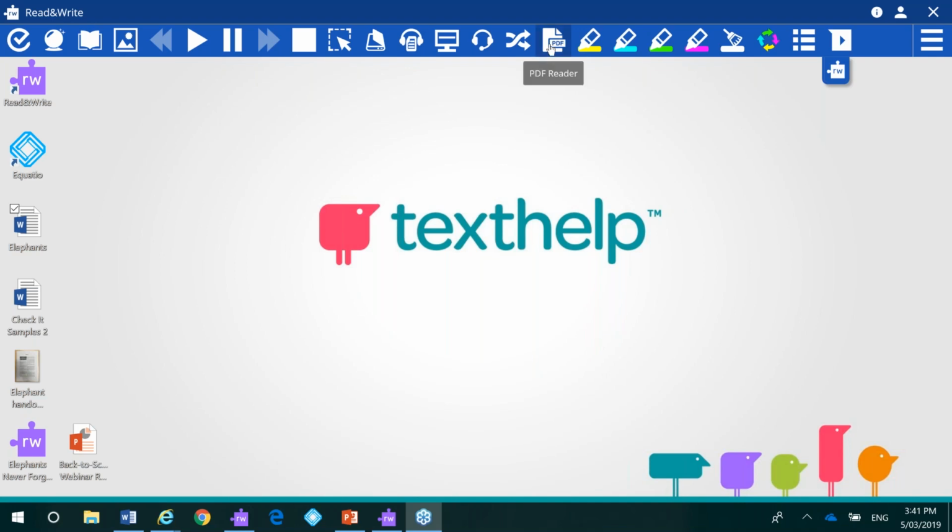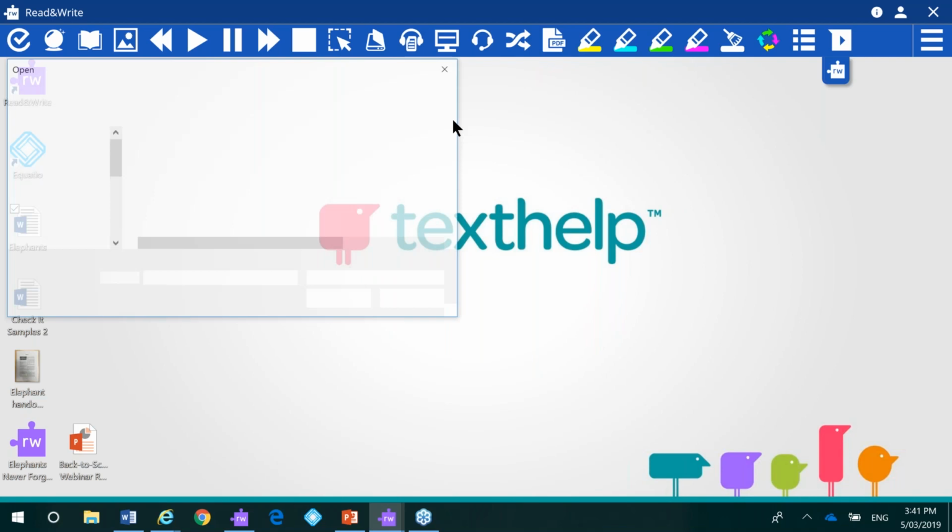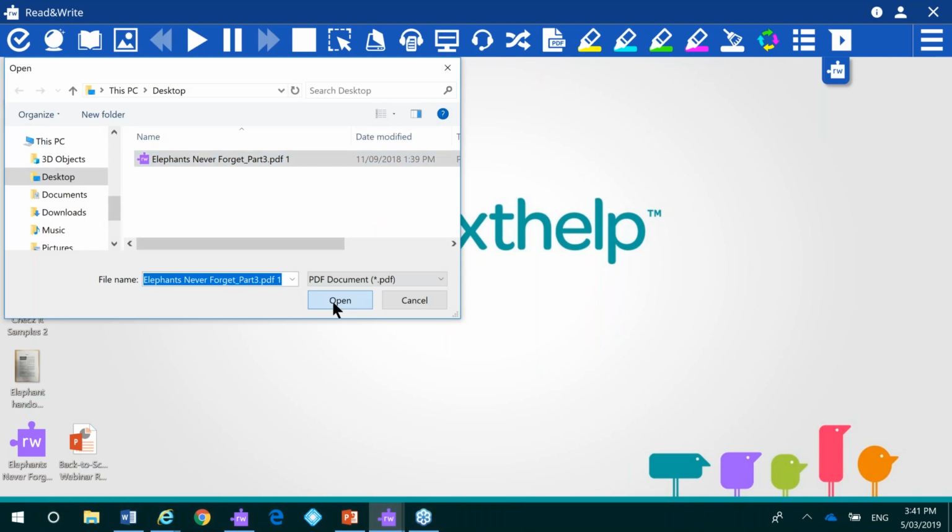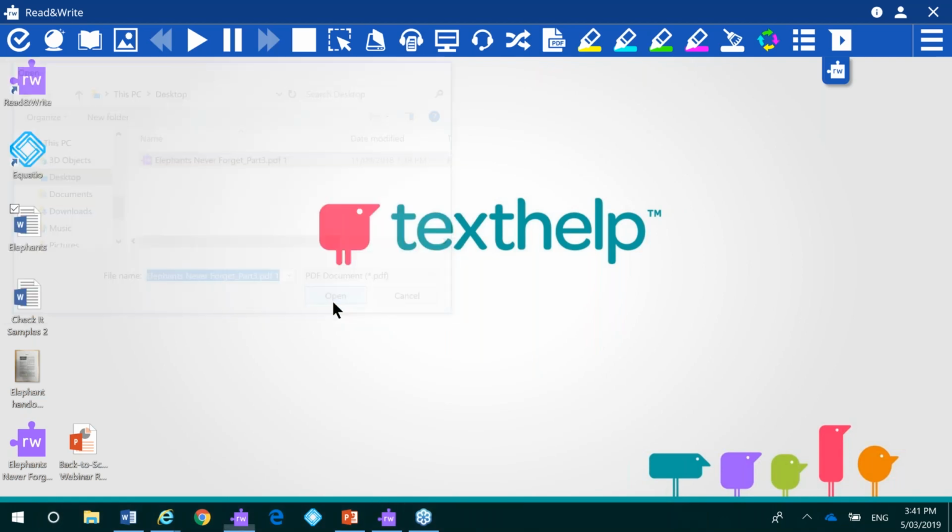So if I were to read a PDF, Read and Write now comes with its own PDF reader. The newer version. Sorry, not you older users, people who have used an older version of Read and Write. You might remember in the days you had to have a third-party PDF reader like Adobe Acrobat Reader, and you had all the issues around compatibility. Well, now that's no longer, because we've got our PDF reader built in, and when I find my document, it calls it up, and now it actually has that PDF,